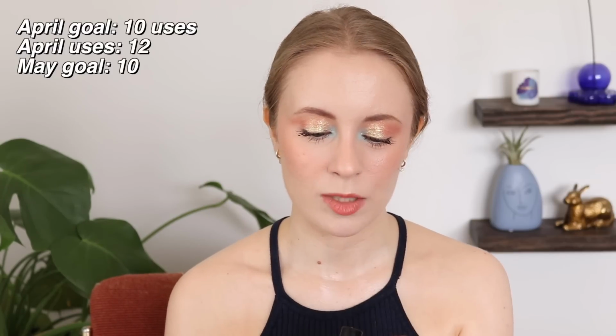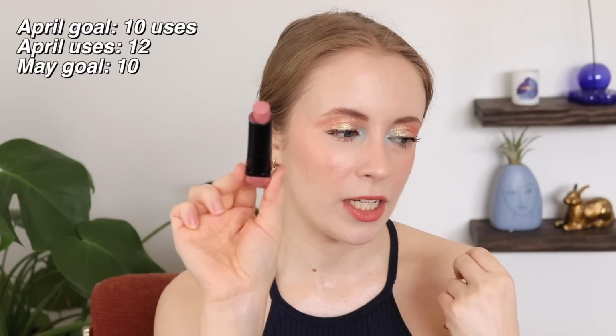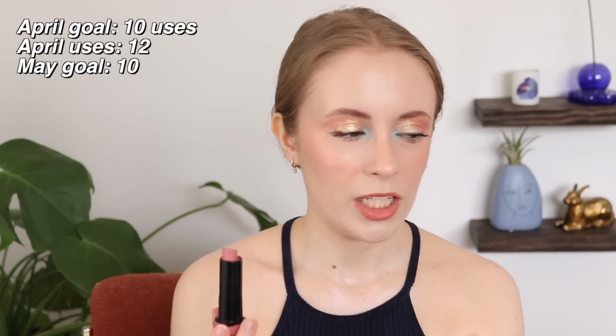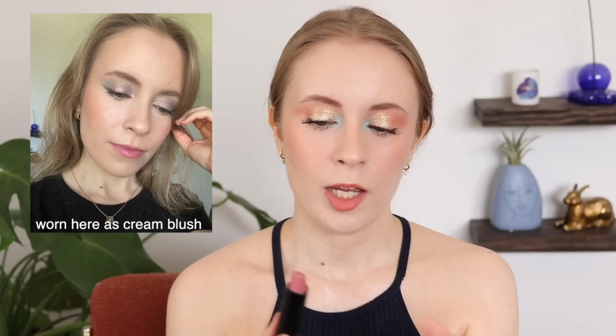This is a beautiful springy pink nude, a little bit of a cooler tone pink nude than most of the other colors I have in my collection, but I really enjoy this. I did use it quite a bit, and this is a very soft formula, so I did see a good little bit of progress. I wore it as a cream blush actually a couple of times, and to do that,